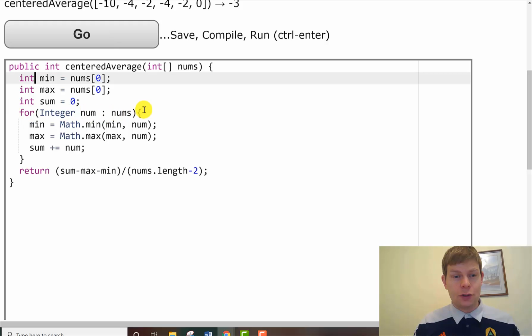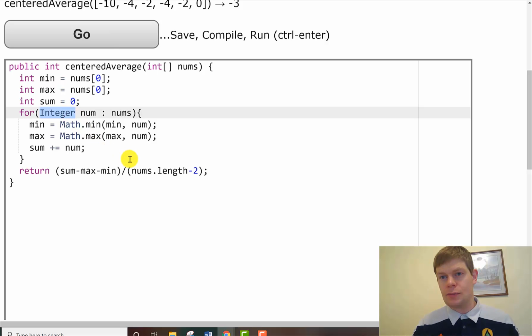I use another enhanced for loop. You can use Integer. That's kind of the object version of ints. Int is the primitive version. Integer is the object version. Java has this fancy way of converting between them automatically. This will work just the same. So for every integer element, which we're calling num in the nums array,